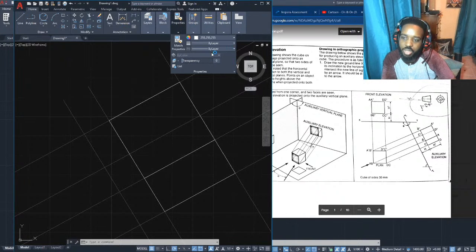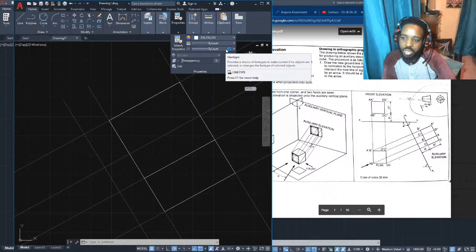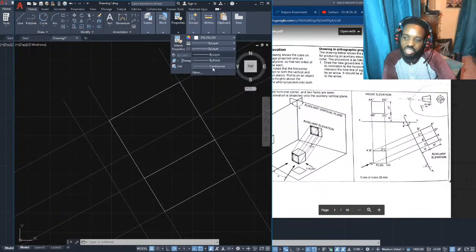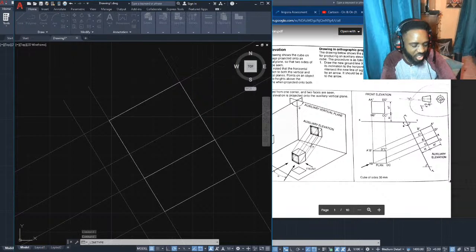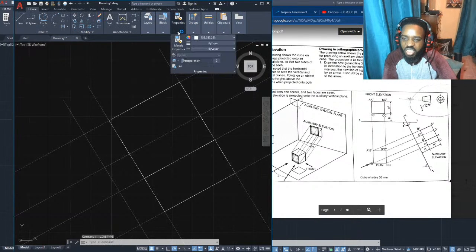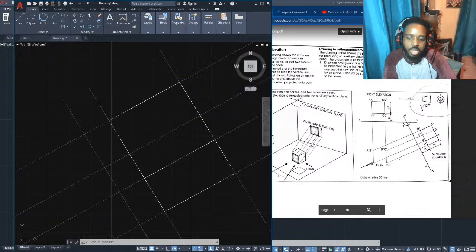So you can just come over here, and for the line type, I can go by layer, select other. I'm going to load up a broken line. Let me just come over here. I'm just going to go to load, and I'm going to select a broken line with ISO dash. And now I'll be able to do this over here, and I'll make this a broken line.